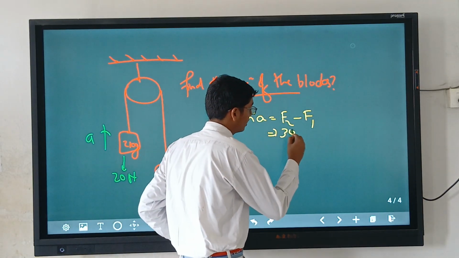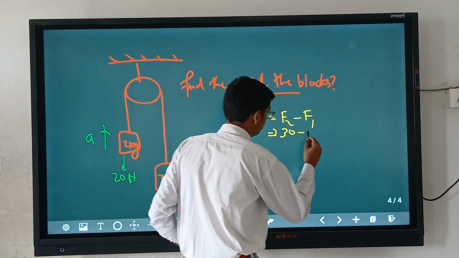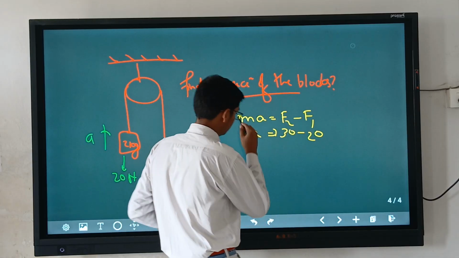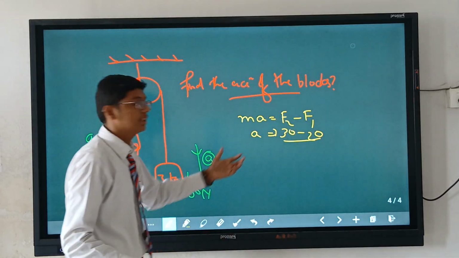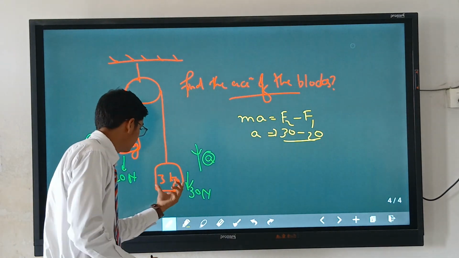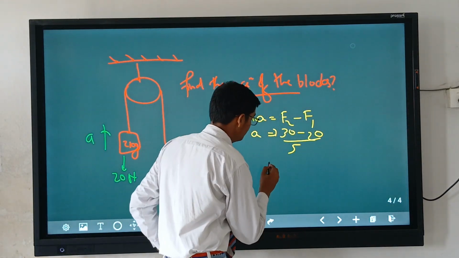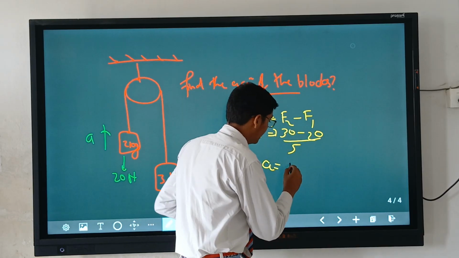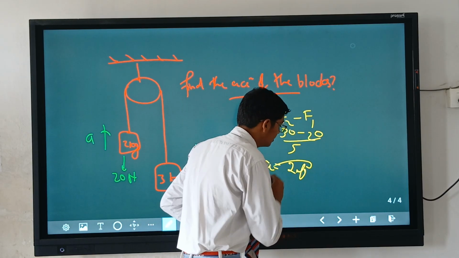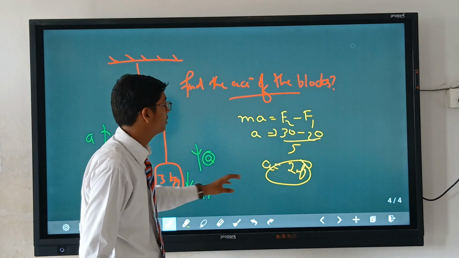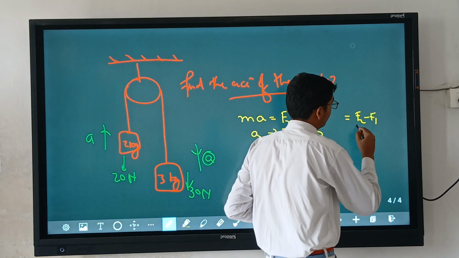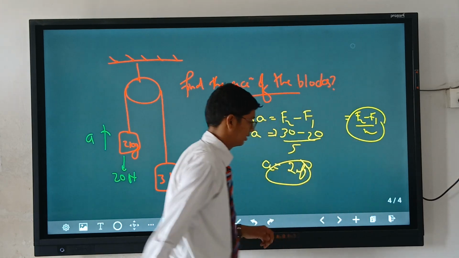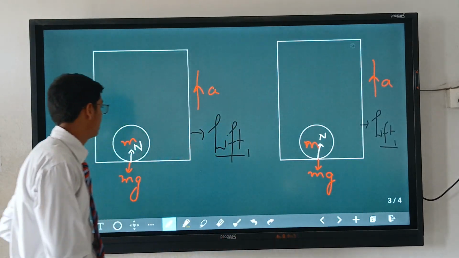Therefore it will be 30 minus the opposing force, that is 20, and we set this equal to M times the acceleration, where M is the mass of the whole blocks, like this 3 plus 2, that becomes 5. Therefore the acceleration is 2 meters per second squared. So basically I want to conclude that the acceleration is F2 minus F1 upon M. This is the acceleration. Now returning back to our question to find